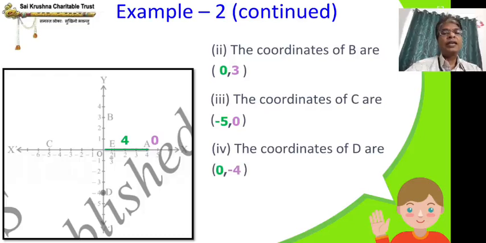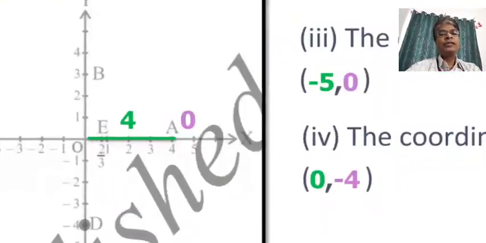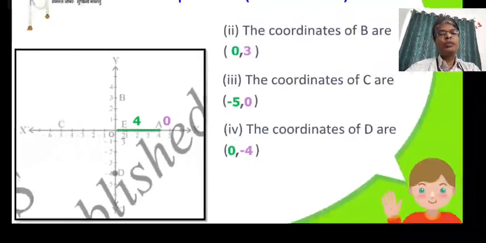Yes, all of you would have got it correctly, (0, -4), because it is 0 distance from the y axis. So the first coordinate, the x coordinate, is 0, and it is 4 units from the x axis in the negative direction of y, so minus 4. And there is one more point E, I will just expand and show. E is on the x axis, 2/3 units.